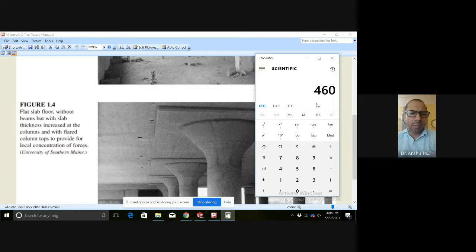Total 460 mm has to be subtracted, assuming the clear storey height as, let's say, 3000 mm, the usual 3 meters. So 3000 minus 460 is equal to 2540.